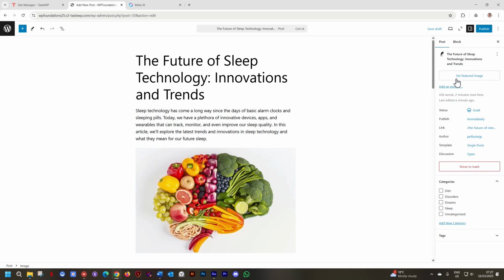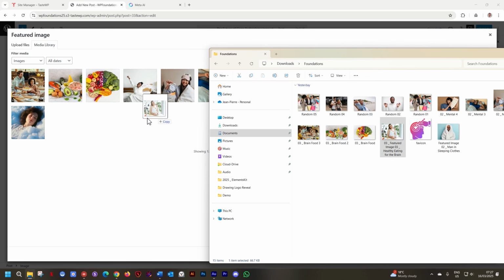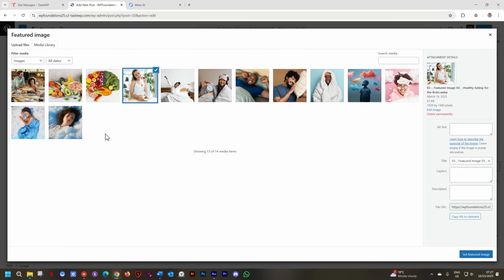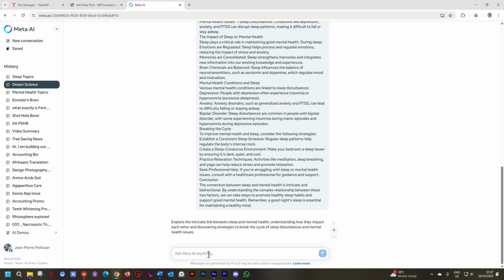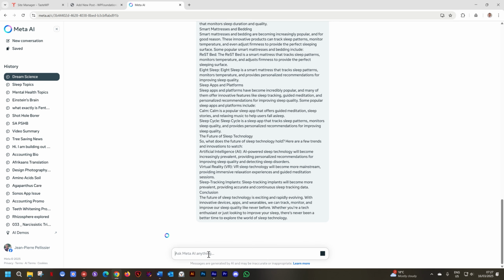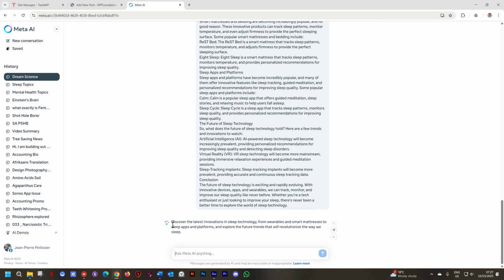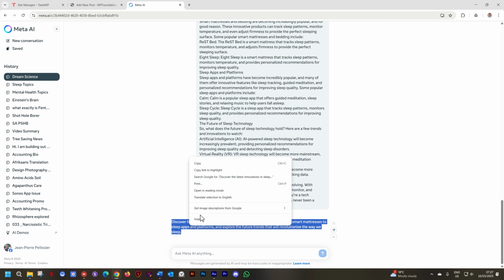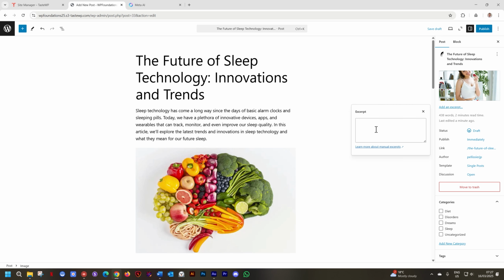Then I'll go to the post, select the post option, or click on the canvas to get to the post, set featured image. And I'll grab my featured image, drag and drop, set featured image, and add an excerpt. And I'll tell the AI to do the same, which means write that 30-word excerpt that I did at the beginning. And I love this about the AI. It can remember that. So I'll select this text, copy, go to WordPress, add the excerpt, Control V, click,